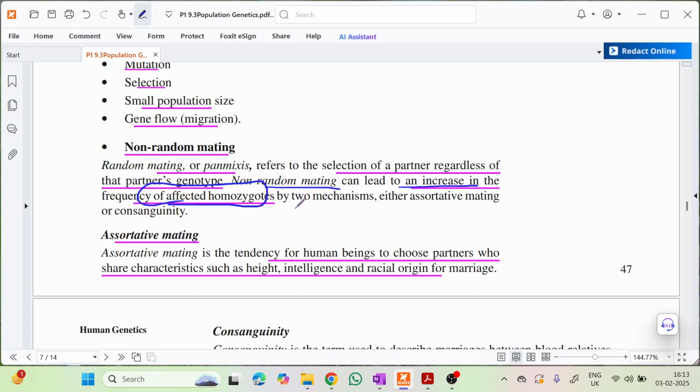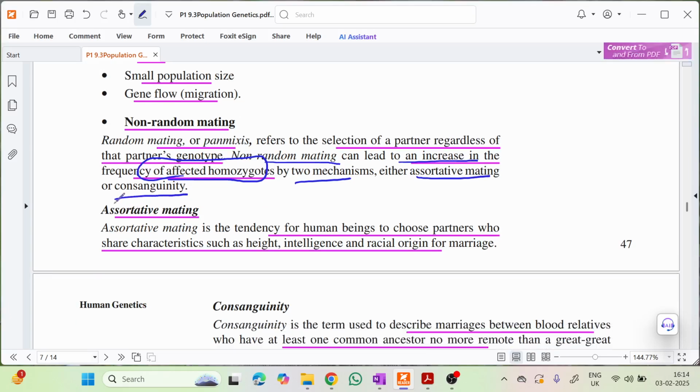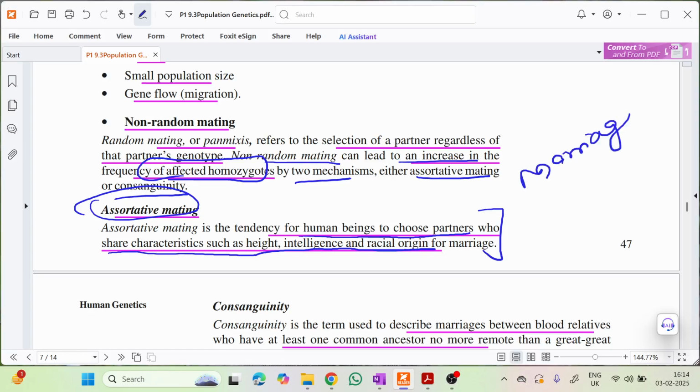फिर it is written here the mechanism by which the frequency of affected homozygotes or recessive can be increased. So these two mechanisms are assortative mating and consanguinity. So assortative mating is the tendency for human beings to choose partner who share characteristics such as height, intelligence, racial origin for marriage. So ये आपको बताया कि marriage restrictions हैं आपके,